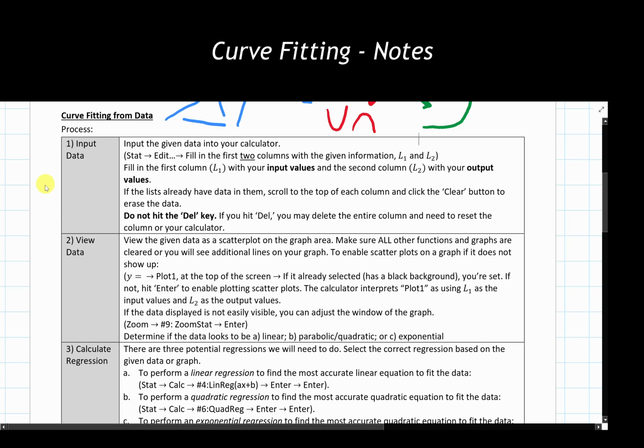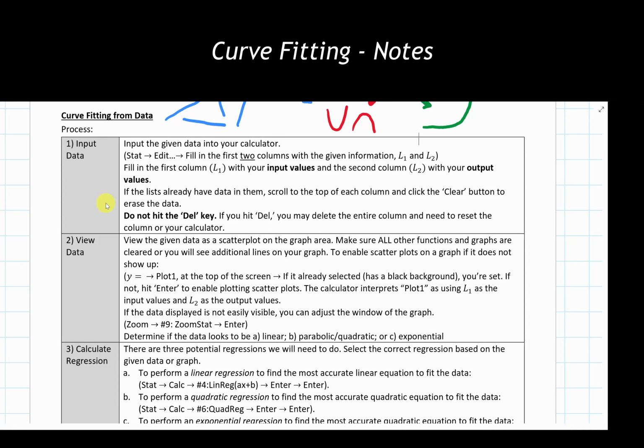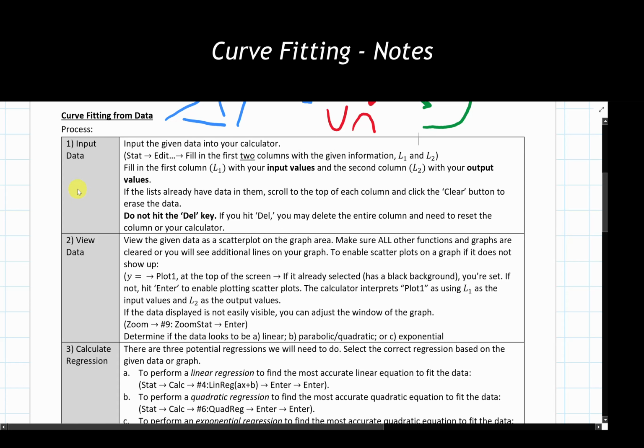The first thing that we want to do with a set of data to do curve fitting is input that data. This is by far the most important and essential step or set of steps in the entire process. If anything goes wrong when you are inputting the data, any and everything else that you do will fall apart, and you just throw the problem out and start over again as necessary. It will absolutely destroy everything if something is even slightly off. That means any and every decimal point, any and every negative sign, zero, extra zero, anything like that needs to be entered in perfectly.